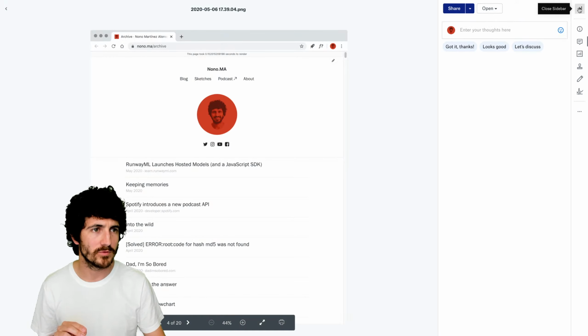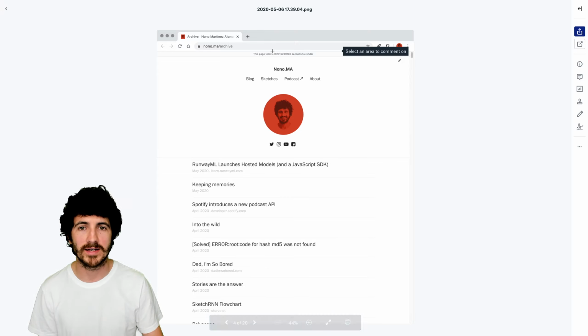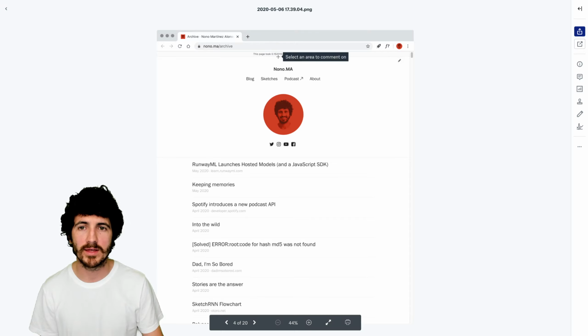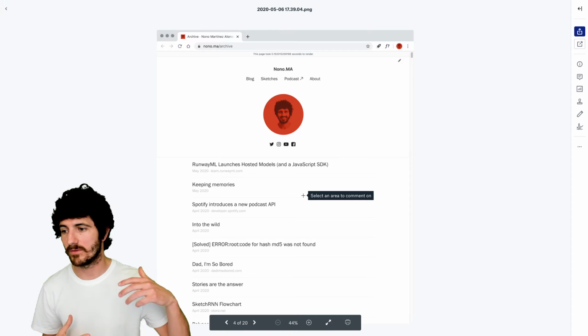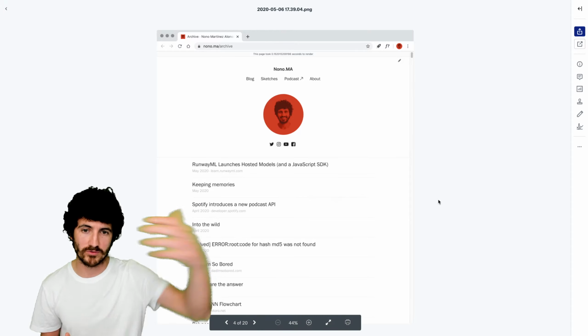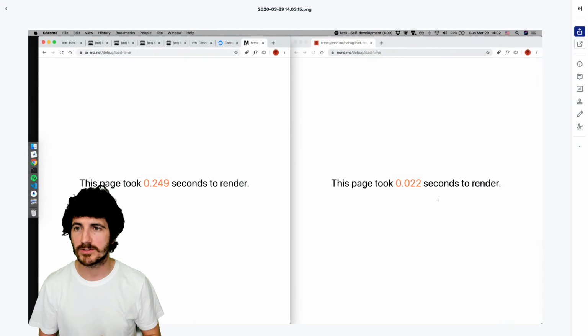So I had this page here that takes 150 milliseconds to load, and this is actually loading the entire archive, so making a database query that retrieves the entire list of posts that I have so far.